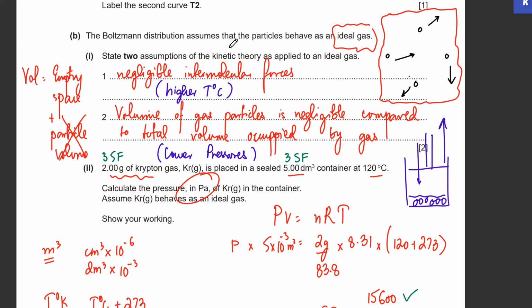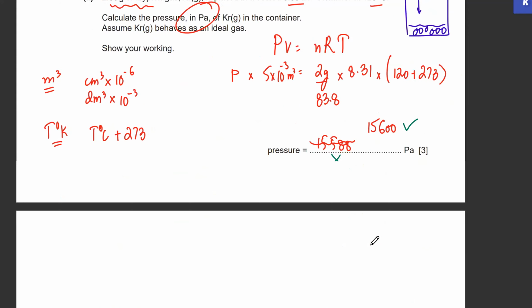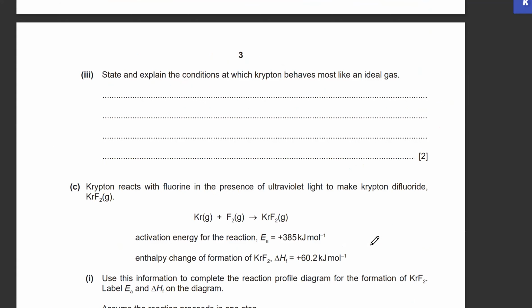Okay, so just remember, at higher temperatures they're easily able to break the intermolecular forces. They would start behaving as a gas. At lower pressures, the particles would be really far away. If you compress it and take it to a higher pressure, they would liquefy and stop behaving as a gas. So the answer to the question, under what conditions would it behave as an ideal gas, would be lower pressure